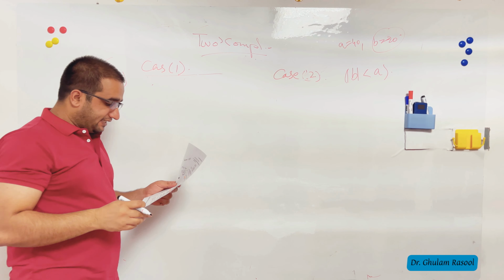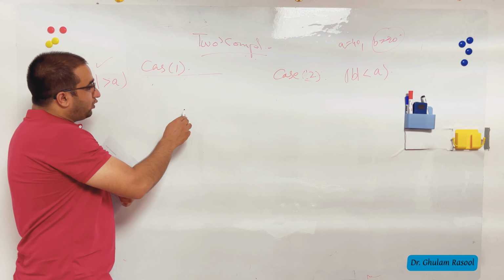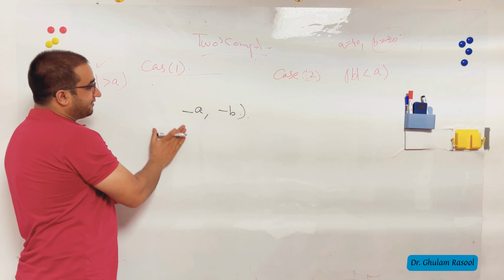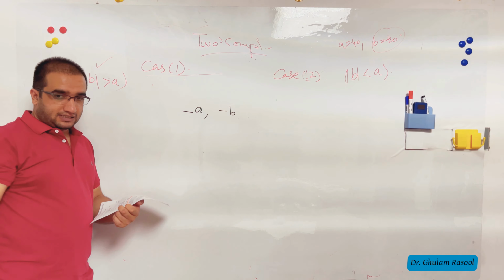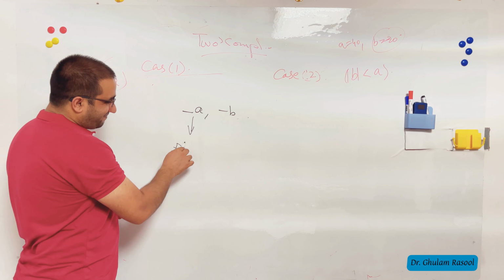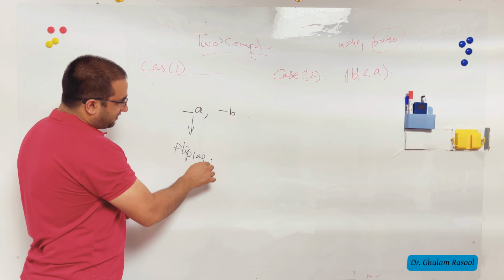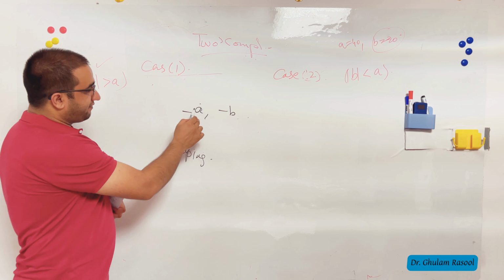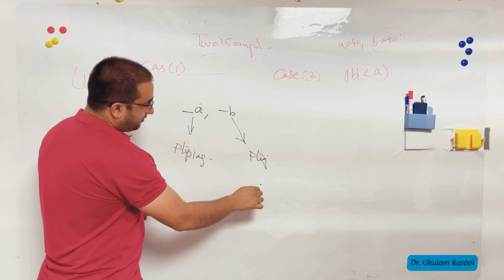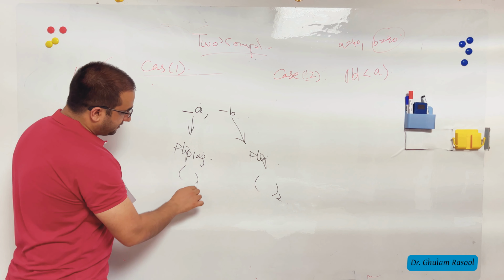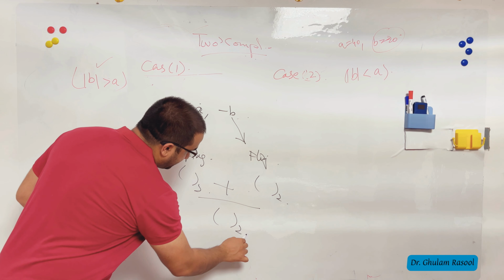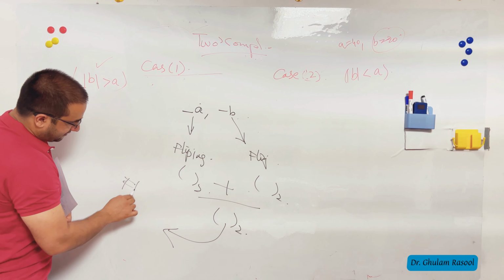And you say that okay, this is the answer. Now case 3 is when both are negative, both the decimal numbers are negative. For this you will do the flipping stuff. Now you have to do the flipping stuff for both the numbers, and the number is achieved. Now add them together, they will give you a number. Now again do the flipping thing.